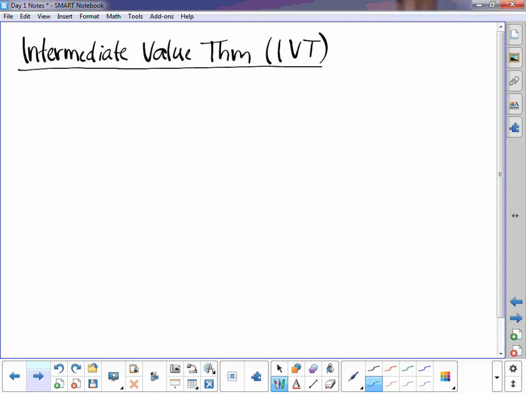So the intermediate value theorem is basically saying that as long as the conditions are met, it's continuous and the endpoints are different values, then the middle stuff is guaranteed. Whatever values occur in the middle are going to have a y value with it. So let's formally write it out to refresh our memories, and then we'll take a look at the mean value theorem. So, intermediate value theorem, a continuous function